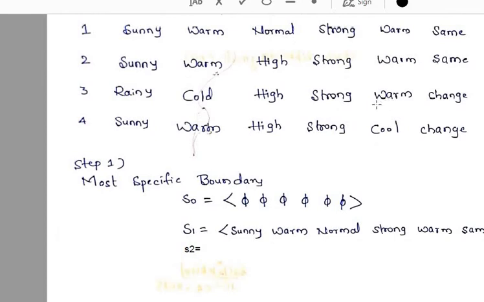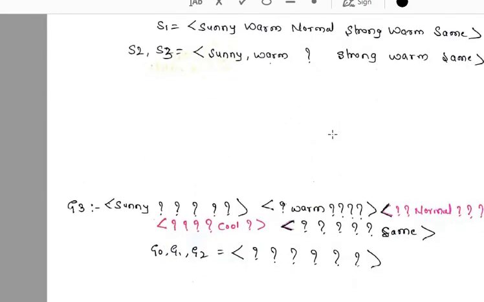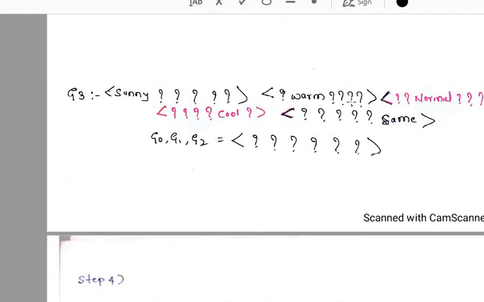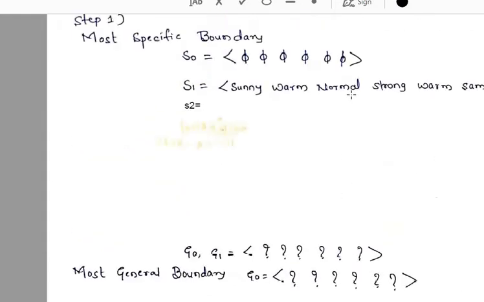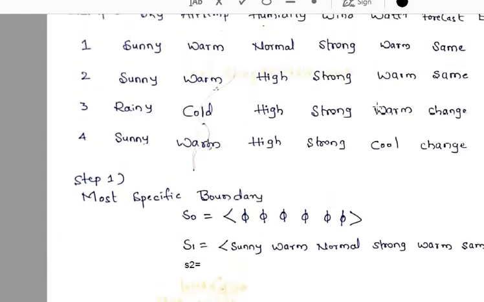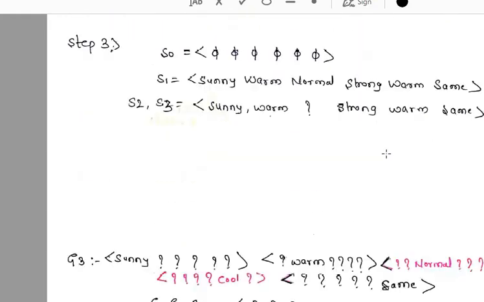Next I will go with the fifth attribute. So what is the fifth attribute? The fifth attribute is warm, and it is classified as negatively. So what may be the opposite value of this warm to classify it positively? Definitely it is cool. So for cool it is classifying it as positively.